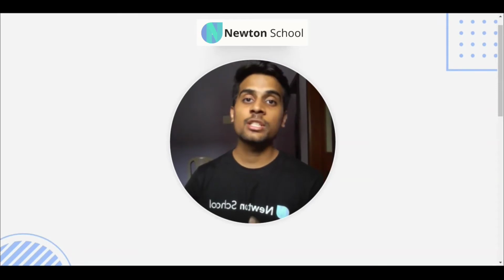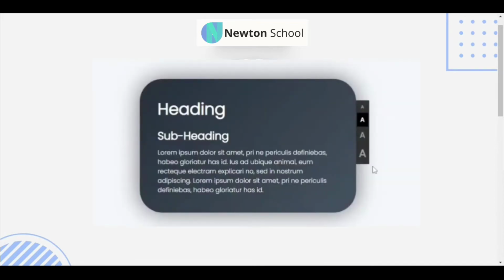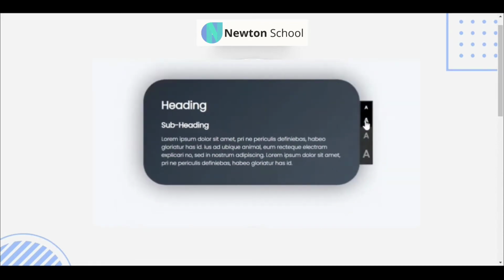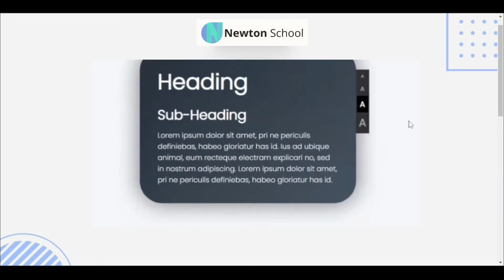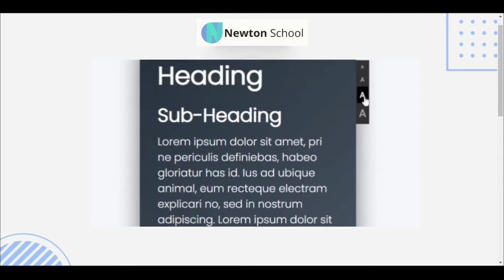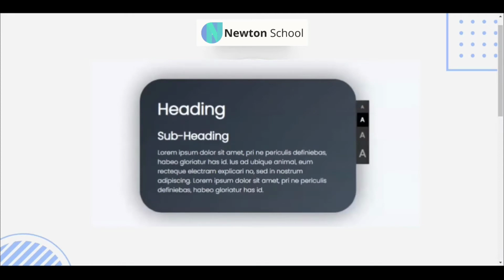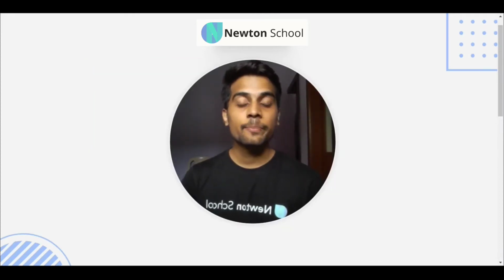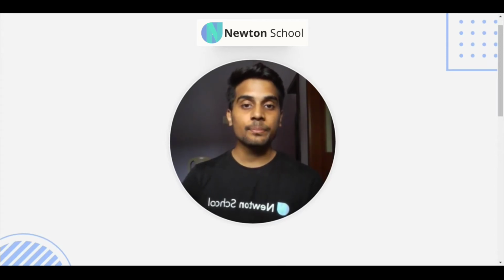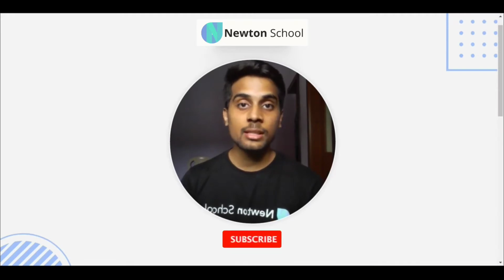So in this video we are going to achieve a basic functionality which you might have seen on many websites like this. In this we have provided 4 buttons which allow you to adjust the size of your text which you are seeing on a web page. You have seen this functionality on many websites or on Kindle or any blogs that you read. It allows users to adjust the size according to their will, and we are going to achieve this today in this video. So watch this video till end.